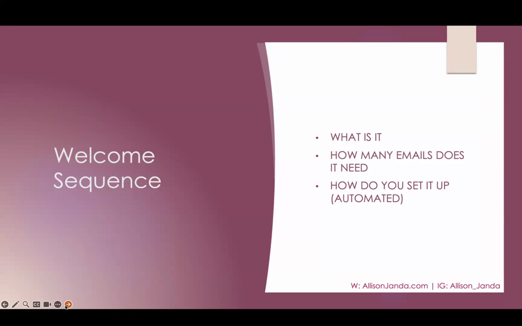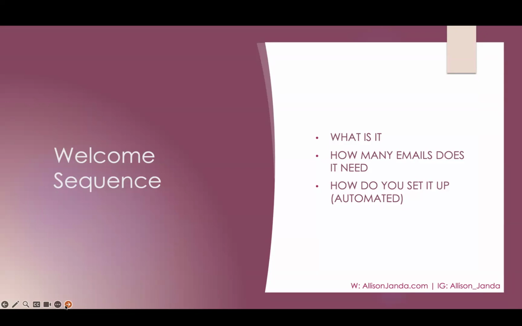So 7 touches can be anything from an email to a video of you talking about something to maybe a phone call with you, a social media post. There are all kinds of different touches that occur in marketing. A mail piece, right? Like a snail mail piece that you send out. There's all kinds of different touches, and it takes on average 7 of those before somebody makes a purchase from you. So if you are sending out emails to your customers regularly, especially if you have a longer welcome sequence,